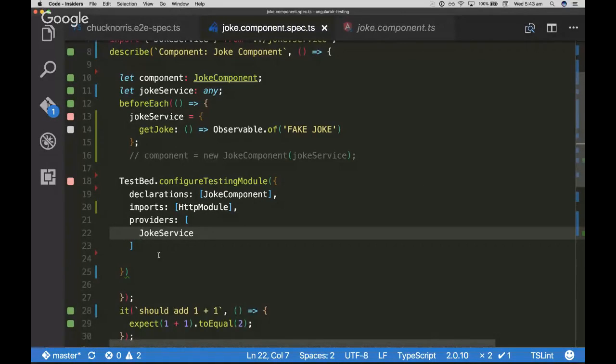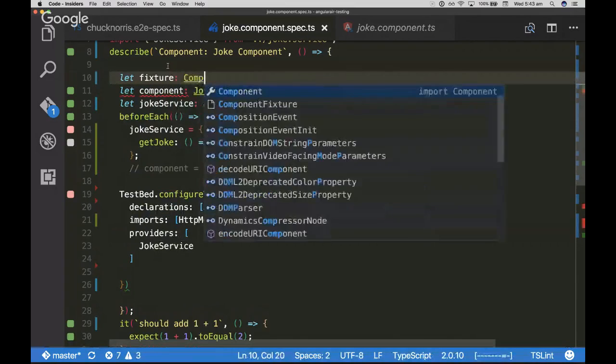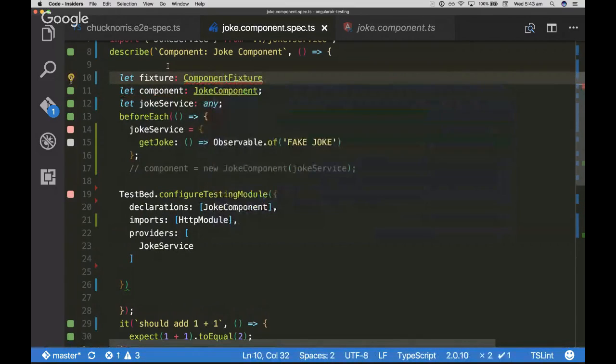So one of the big changes when you start using the TestBed and you configure a testing module like this is it gives you a handle on a fixture. So I'm going to come up the top here and I'm going to add that into our properties. I'm going to say let fixture of type ComponentFixture, and the type of that will be of our joke component. So this fixture really gives us an ability to get an instance of this component again